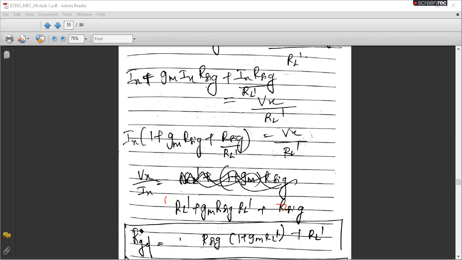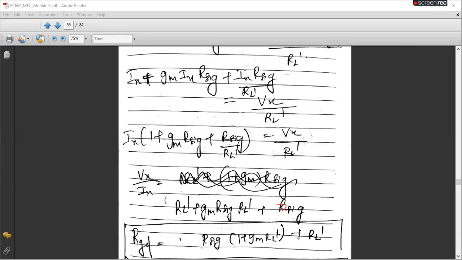So as of now, I have found the effective resistance across the gate drain terminal after open circuiting that CGD and looking into that terminal. Please understand that whenever we are not seeing any physical resistance across the required terminal, we need to connect a dummy current source, mark a voltage across that current source, apply KCL to both the nodes, form two equations, give substitutions wherever necessary, that is, unwanted terms need to be replaced, find the ratio between Vx and Ix, and that is your required resistance. Now, can you tell me which is the next step?